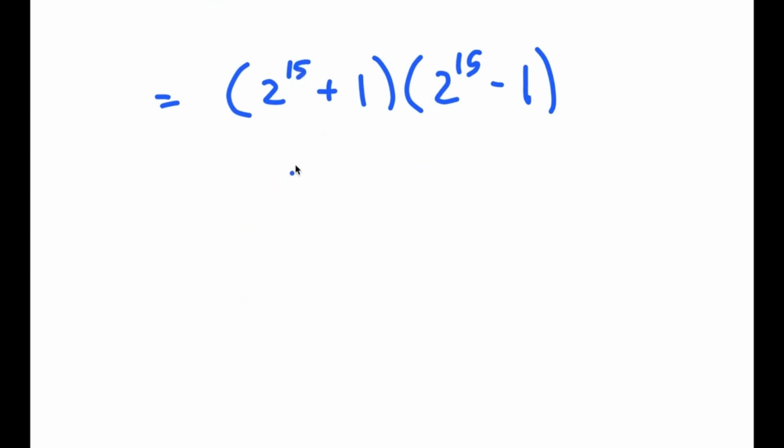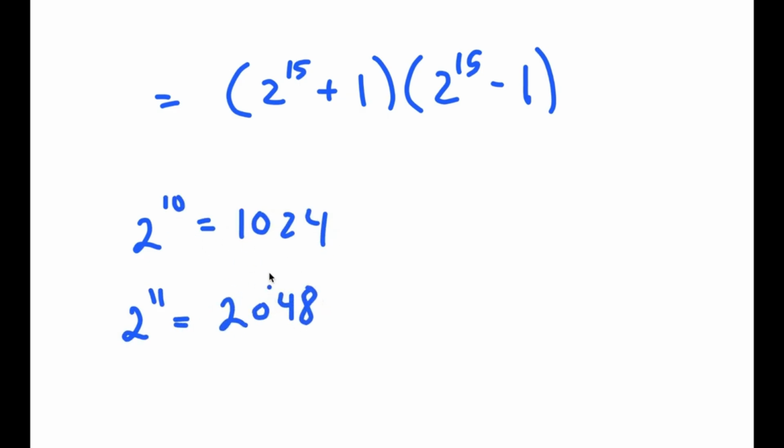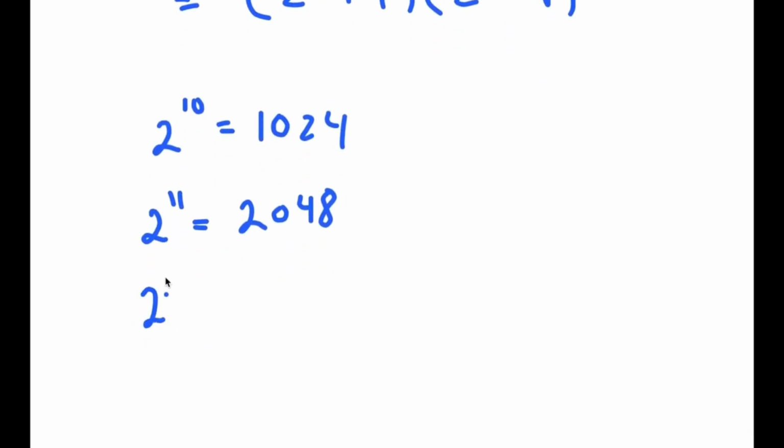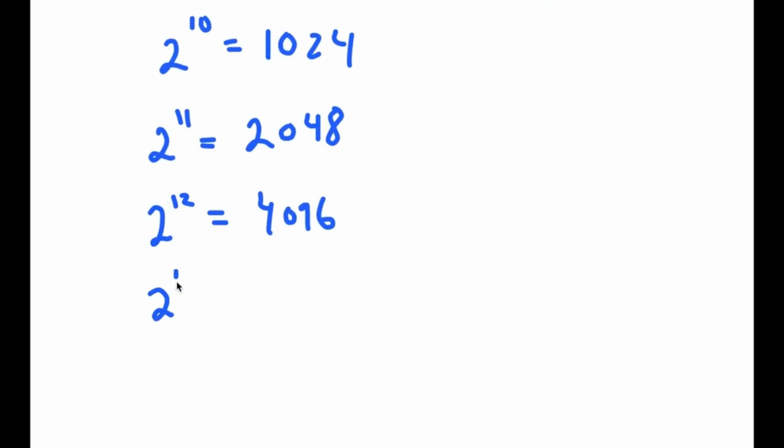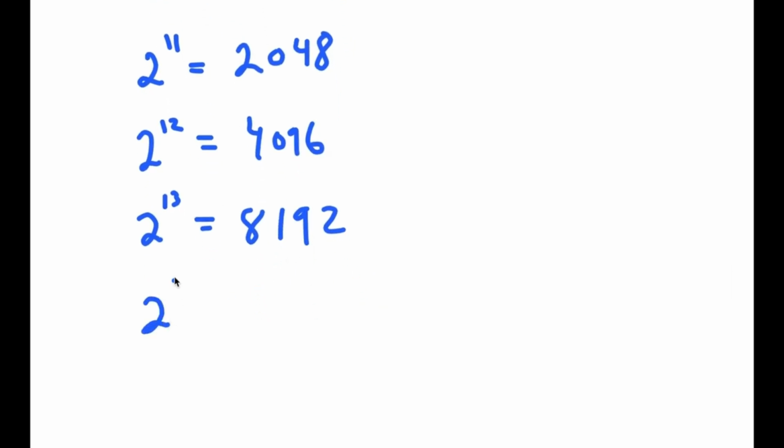Now, 2 to the power of 15, well, what's the value of that? Well, 2 to the power of 10, this is 1024. So 2 to the power of 11 is double of 2 to the power of 10, which is double of 1024, which is 2048. So now 2 to the power of 12 is double of 2048, which is 4096. 2 to the power of 13 is double of 4096, which is 8192. 2 to the power of 14 is double of that, which is